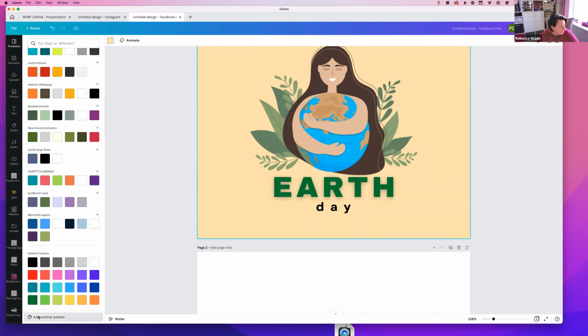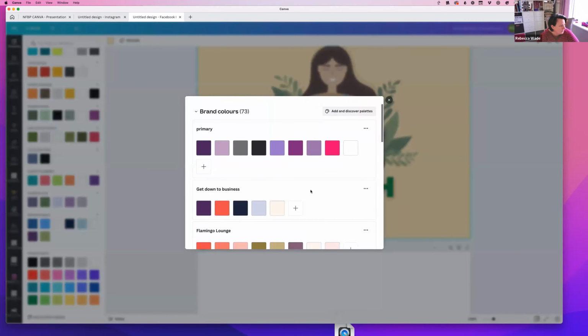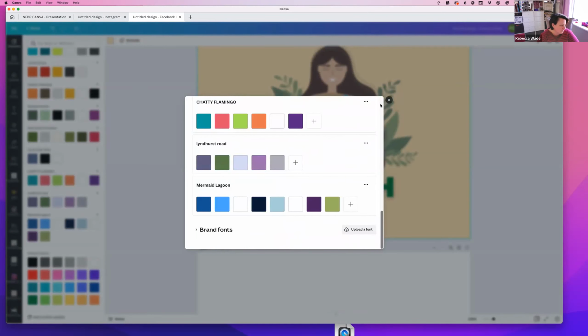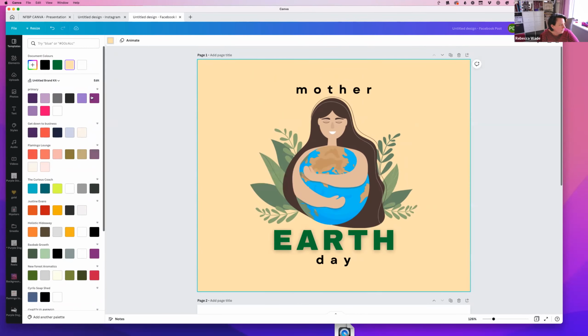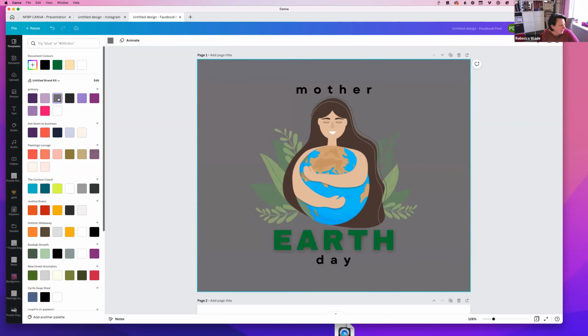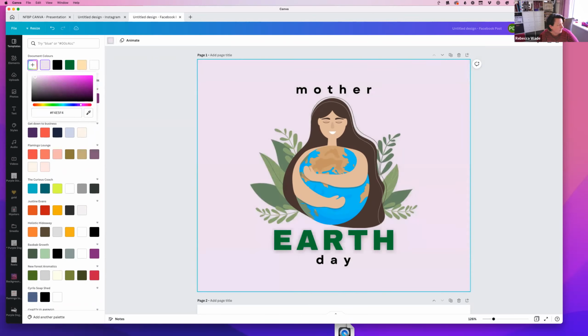So you get the default colors, and I can add more brand fonts and colors if I want to, because I've got that Pro version. So let's just say I want to change the color of that background, something not as inspiring, or I can actually pick out colors